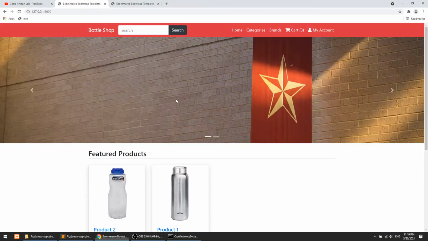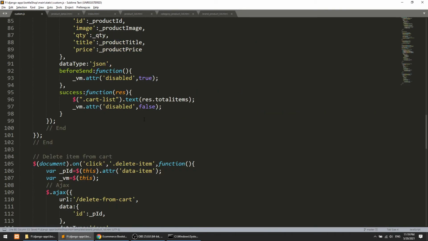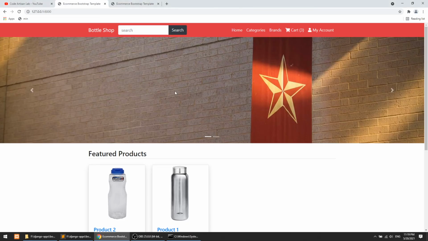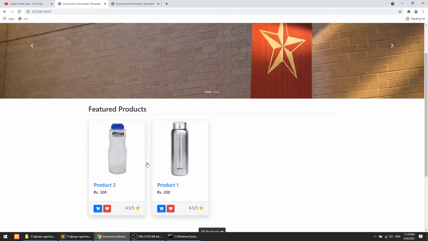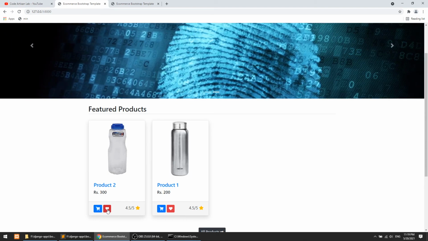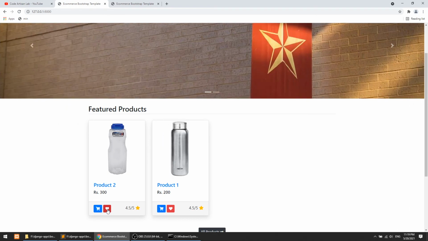Okay, so in this small video we have learned how we can get the data with the help of jQuery and with the help of context from the loop. In this we mainly learn that when we click anything in the loop, then we can get the data from that particular clicked element.